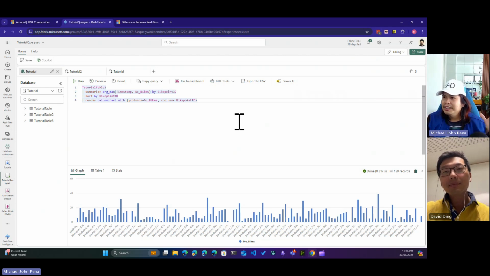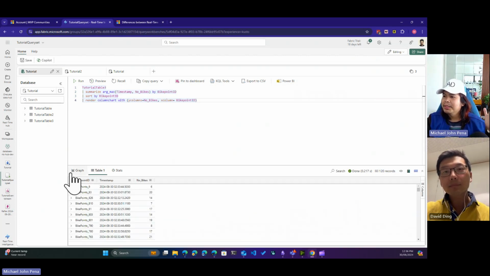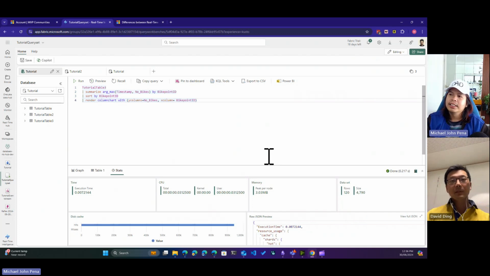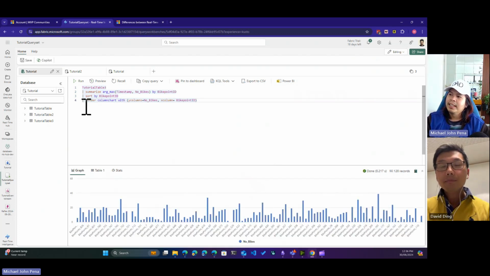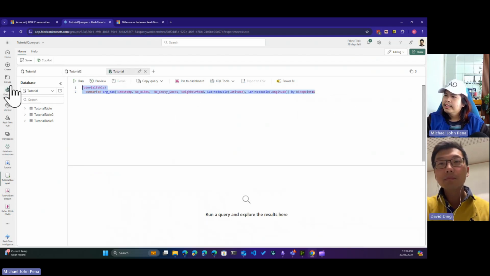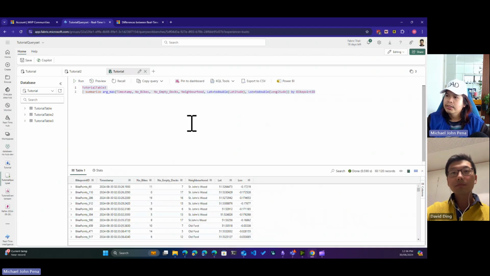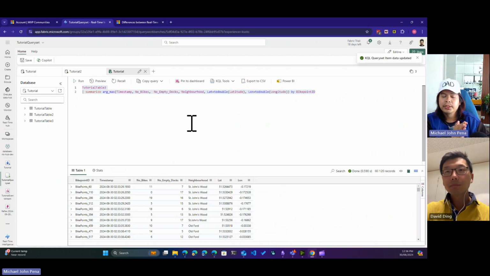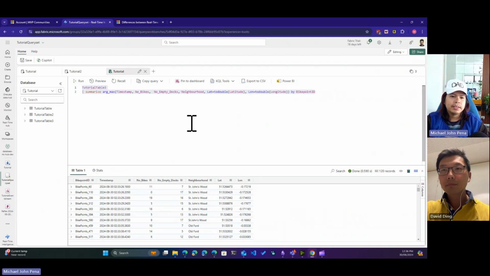Again, within the KQL query set, you can see the results as tables, as graphs, or you can do stats. See stats around here as well. These are all built in already within the query set capability. You can do more things like neighborhood queries here and there. Summarize is one of the best use cases of KQL because you're doing aggregation already at the query level before you serve it to a report or any kind of model, like a semantic model.